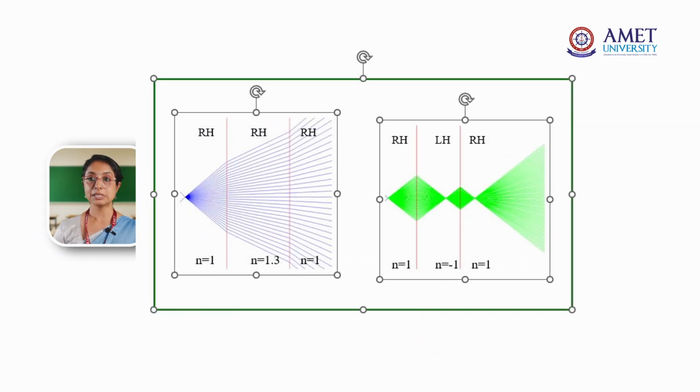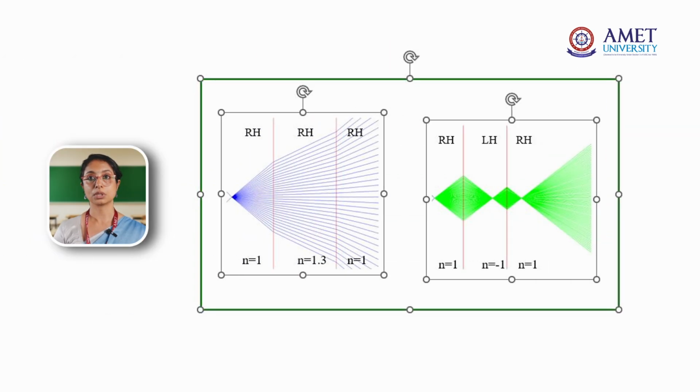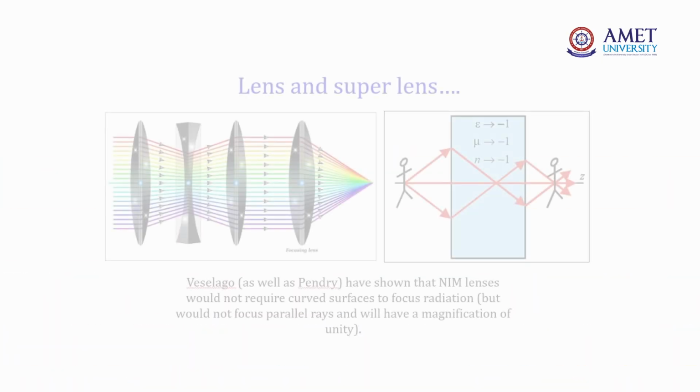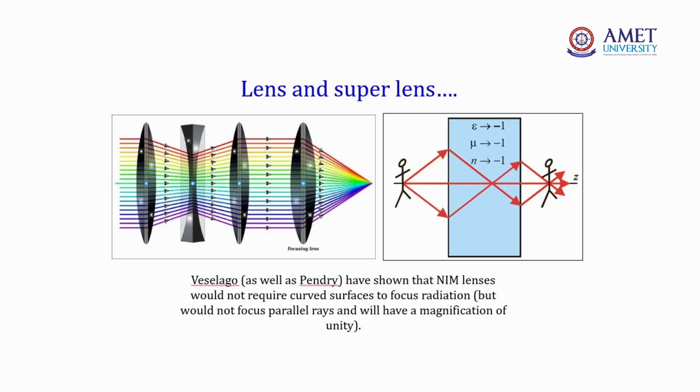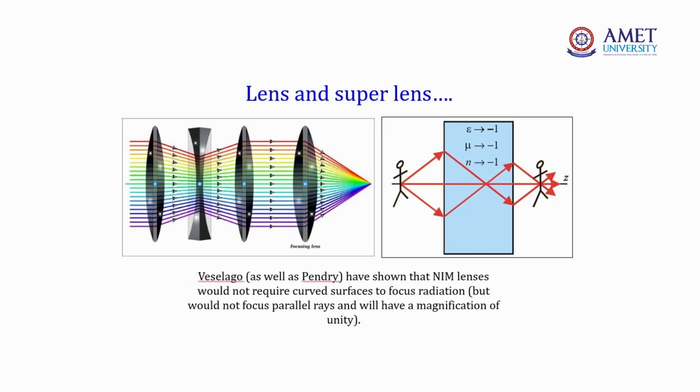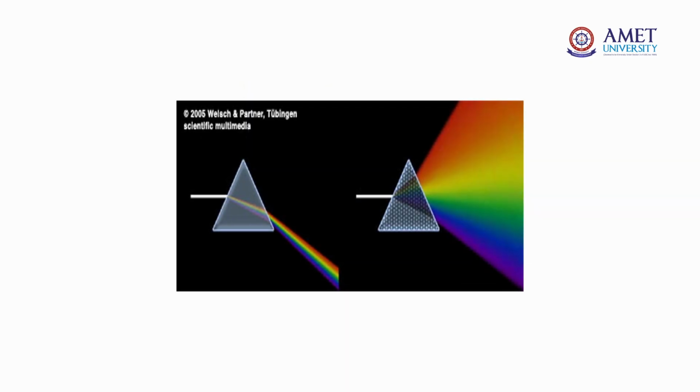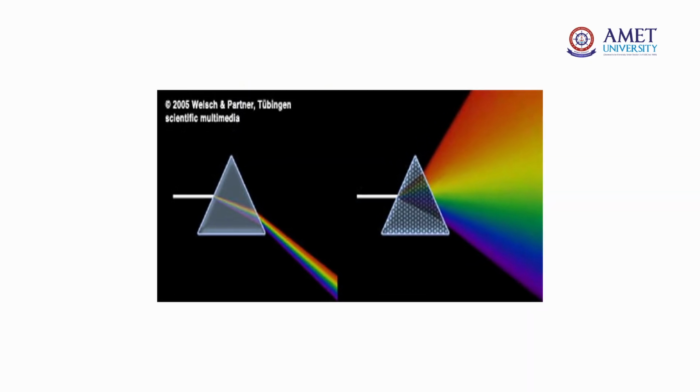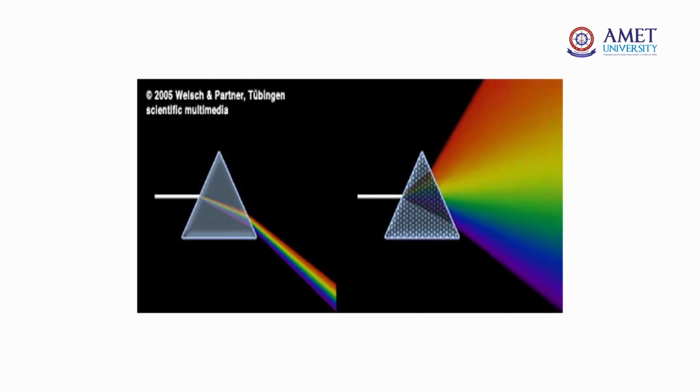He found out negative values for both permittivity and permeability. Using this type of material, we can have both right-handed and left-handed materials. So this helps us in making a super lens, where the focusing ability of the lens is much higher compared to ordinary lenses. We can also make a super prism where the dispersion of the light is much higher, and this can also be used for various displays and lighting effects. Making a filament out of photonic crystal not only improves the illumination of the lamp, but also reduces the heating effect by not allowing IR emission to escape out of it.